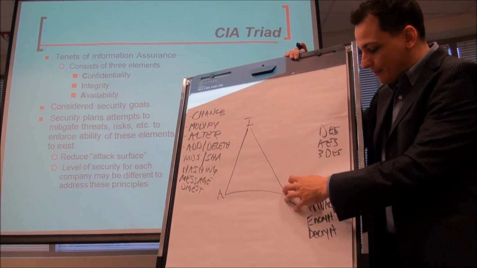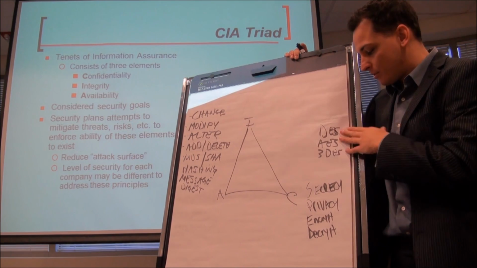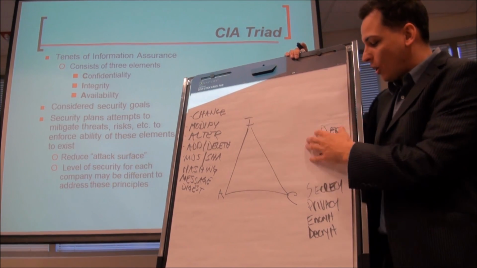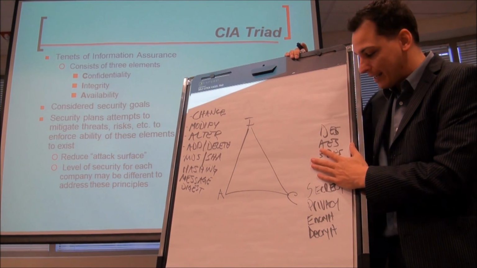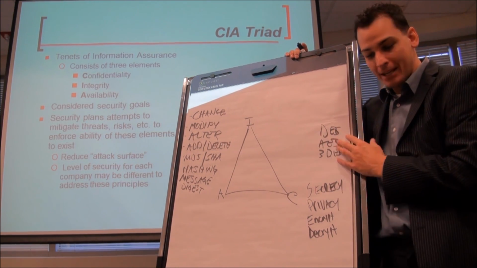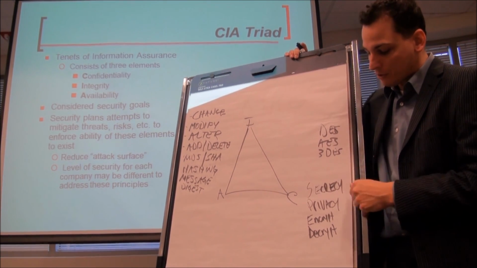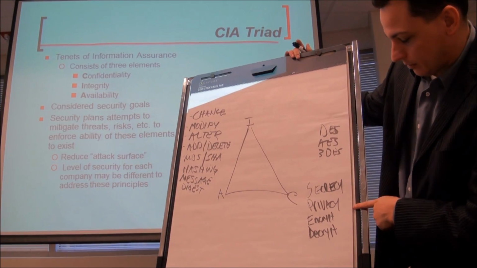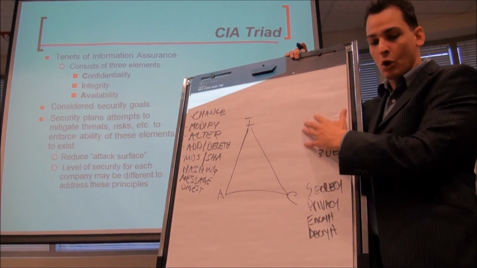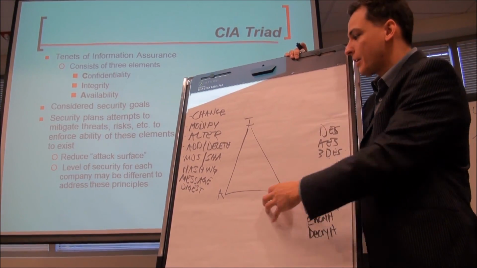So, secrecy, confidentiality, any of the symmetric algorithms, DES, AES, 3DES, these are algorithms used to hide things. In other words, keep them hidden or keep them confidential. Secrecy, privacy, encrypt or decrypt. Those are all keywords that mean confidentiality, as opposed to